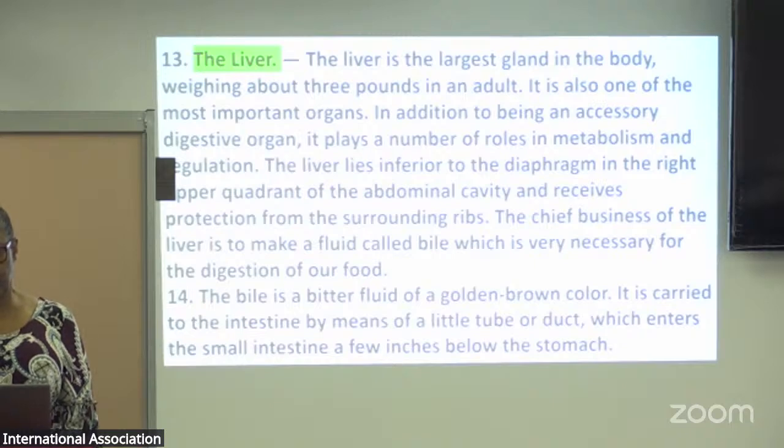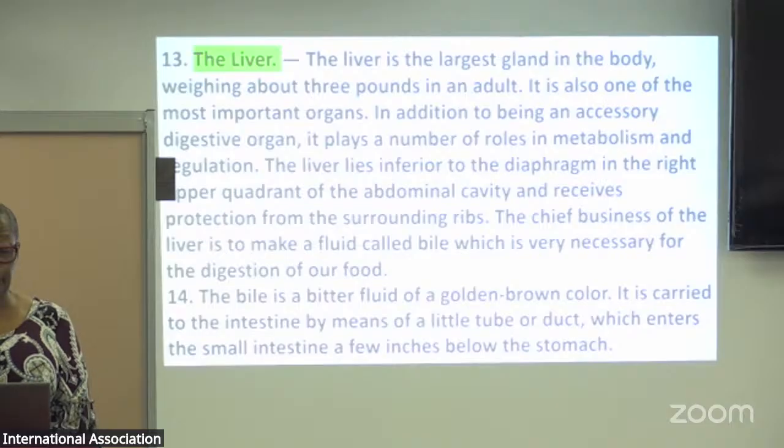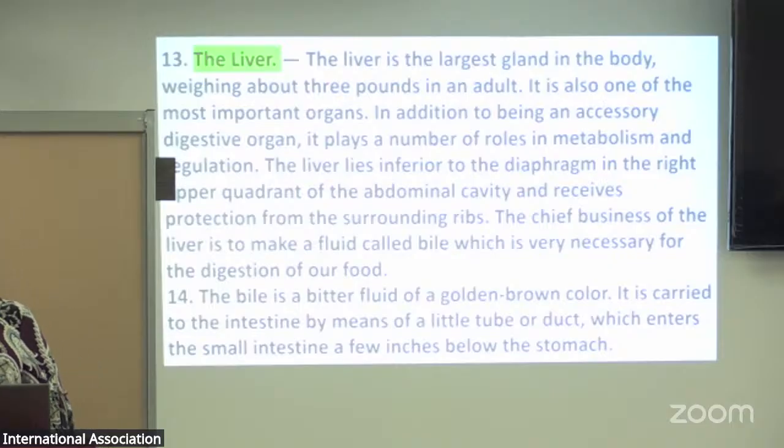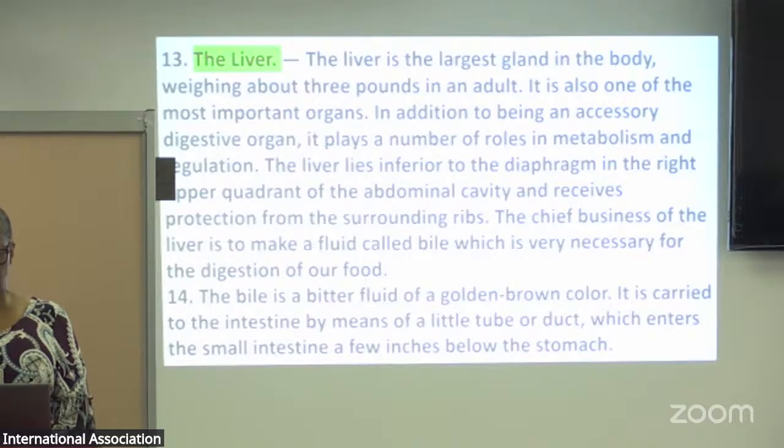In addition to being an accessory digestive organ, it plays a number of roles in metabolism and regulation. The liver lies inferior to the diaphragm in the right upper quadrant of the abdominal cavity and receives